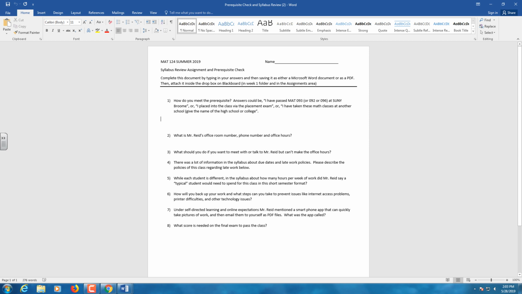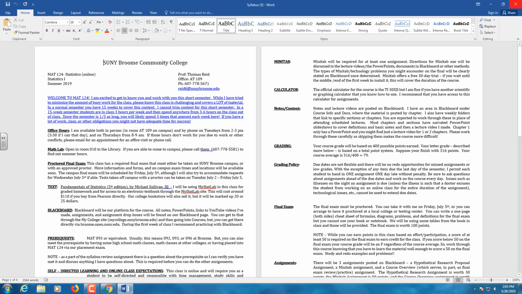When you save it, I'd like you to save it as a Microsoft Word document or as a PDF file. Save it to your computer, and if your name is John Williams, save it as something like John Williams Syllabus Review Assignment, or just use the last name if you want, Williams Syllabus Review Assignment. Not only is that a little bit more helpful for me, but it's also going to be beneficial to you,